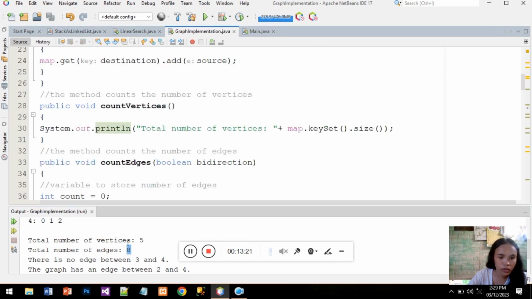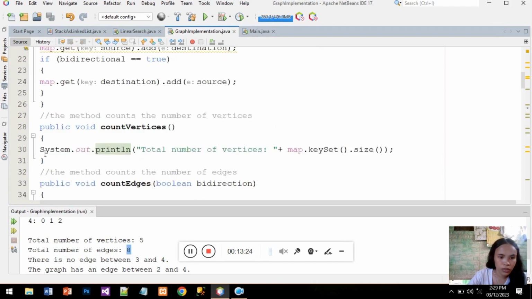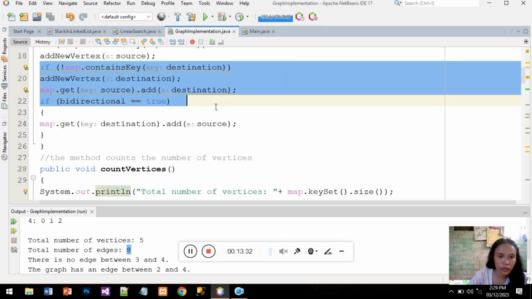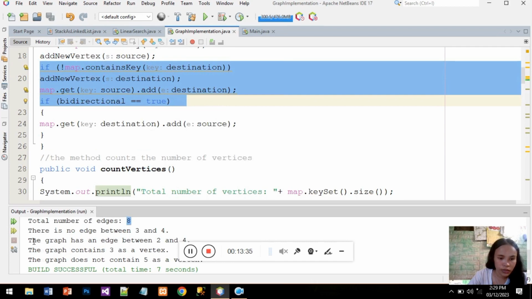In our total number of vertices, this is the one that prints this message and its value using this. So next, there is no edge between 3 and 4, so